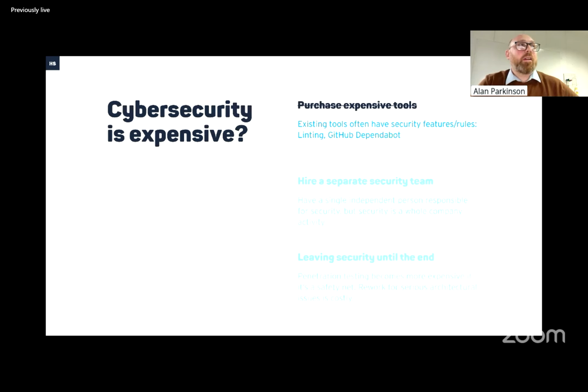Another aspect that gets raised often is that cybersecurity is expensive. It doesn't have to be expensive. So a lot of your existing tools will already have security features where you can pay a little bit more, or there's an open source equivalent. So if you've got GitHub, there's a feature called Dependency Graph, which can build your software bill of materials and then monitor your software bill of materials. It literally takes 2 minutes to turn on. Obviously, you need to evaluate whether it meets your programming language and other requirements,